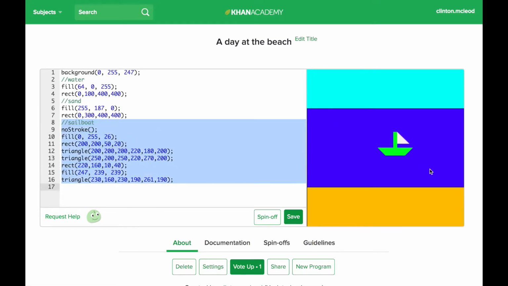Now, if I wanted to make more boats, it would take me a while to recreate all of this unless I create a function. So remember, a function's just a mini program within the bigger program. So the way that I like to do is I like to make my